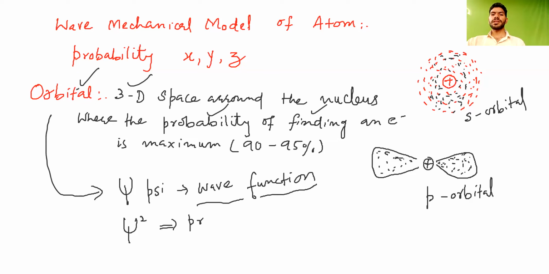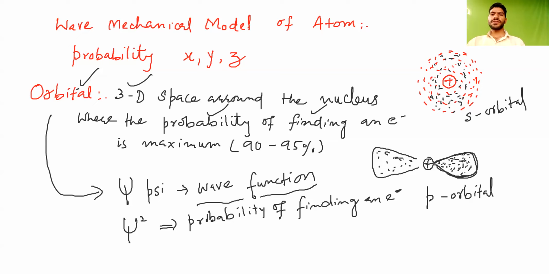It gives the probability of finding an electron, right? So you have to note down this probability of finding an electron. This psi square, it gives the probability. So for example, let's say I told that electrons in this p orbital, they are just lying in this lobe. So that means in this lobe, the value of psi square will be very high. So the electron density will be very high.